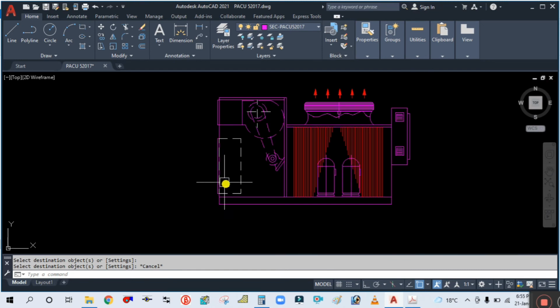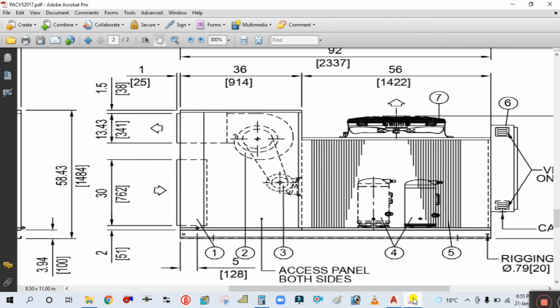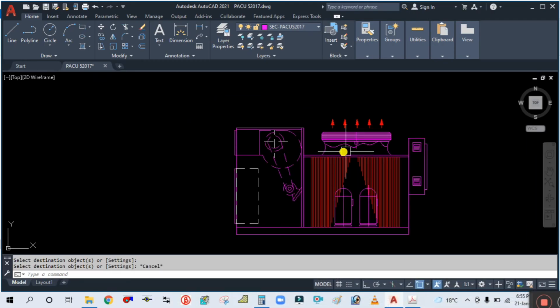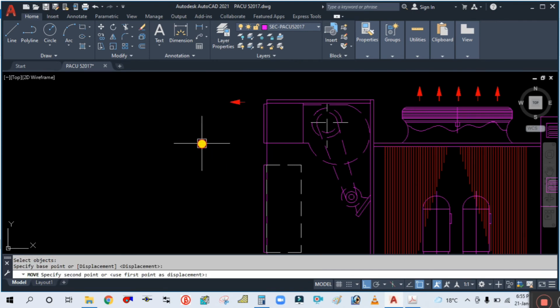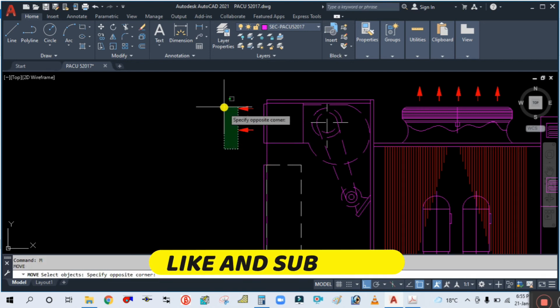Now we have to show the dimension, and we also have to show the arrow. Simply select this arrow, copy this one, and rotate it, type RO, select this one down like this, and move this side down. Okay, and then copy this one. Okay, again select this,